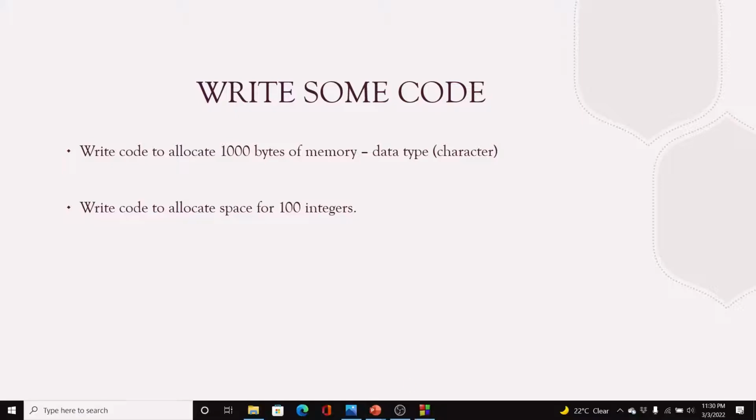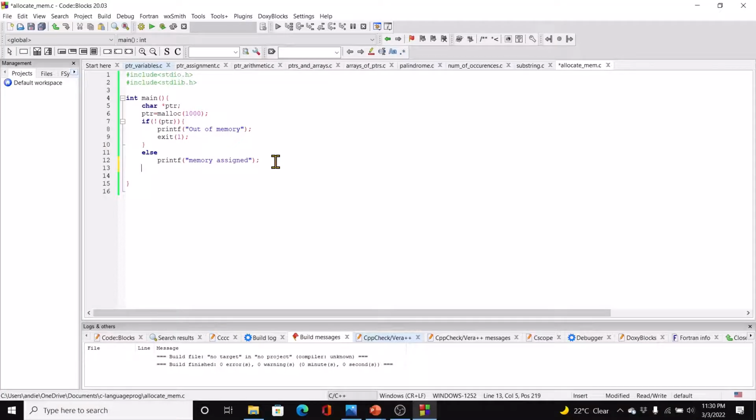Moving on to the next, write code to allocate space for 100 integers. I'm going to write a new program. We need an integer pointer. So int *ptr1, and because integer is 4 bytes, what do we do? We will say here ptr1 equal to, sorry, this should be a pointer, and then we say ptr1 equal to malloc, that's 50 integers, and then we use the sizeof operator, sizeof int,